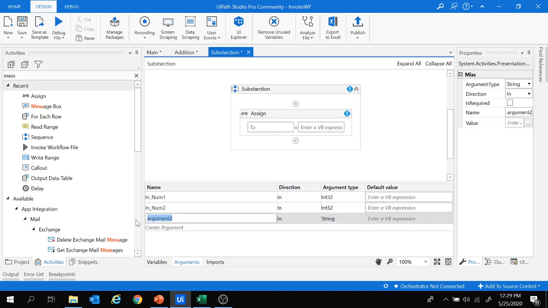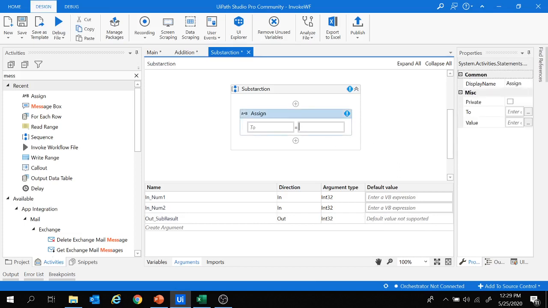And I'm going to provide another argument as out_sub_result, and the direction will be out in this case, since the value of the subtraction result will move from this subtraction workflow to the main workflow. Similarly, the argument type will be Int32 over here, and let's provide the values.